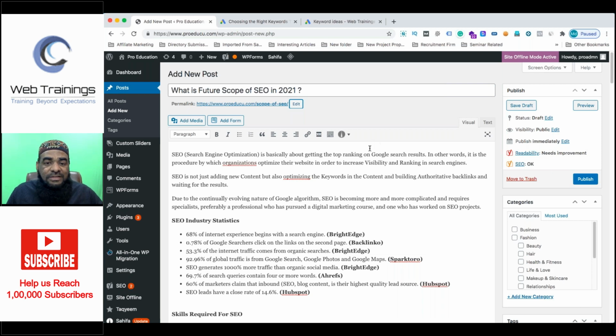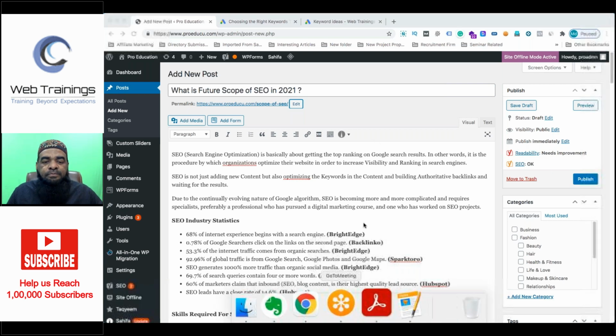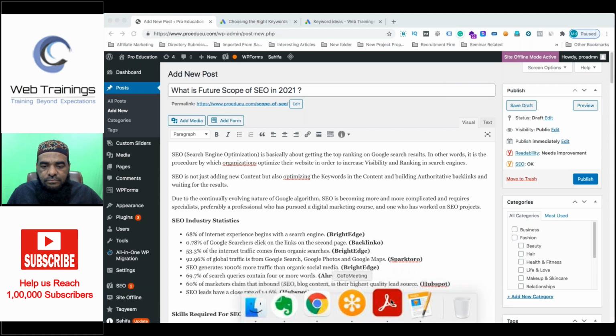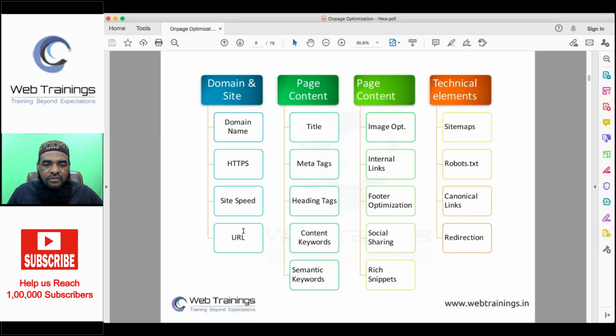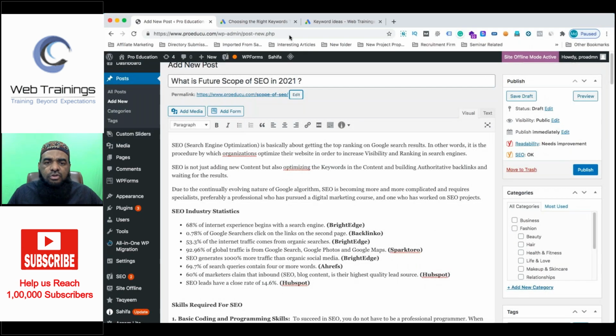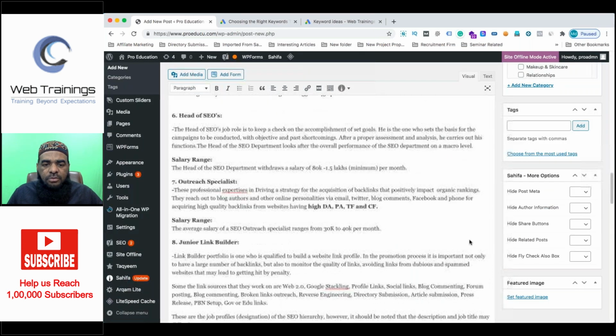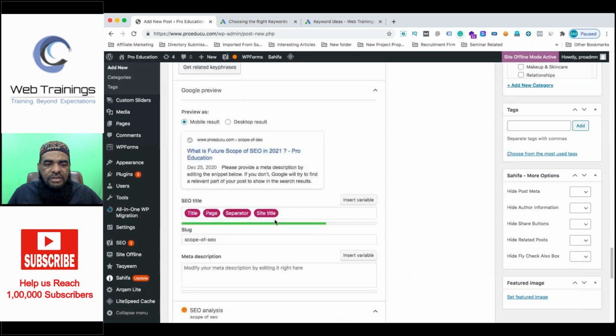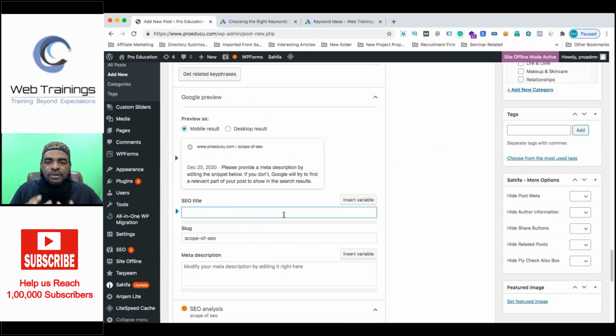Now I want to see the title tag, because if you notice here, we have the option of title tag. So the URL is simple. Now the title tag. How should we write a title tag? As per basic guidelines, a title tag should be under 60 characters. So scroll to the bottom of the page here and go to the default title. Remove this, and always try to use your focus keyword at the beginning of the title. After that, you can use the relevant semantic keywords.